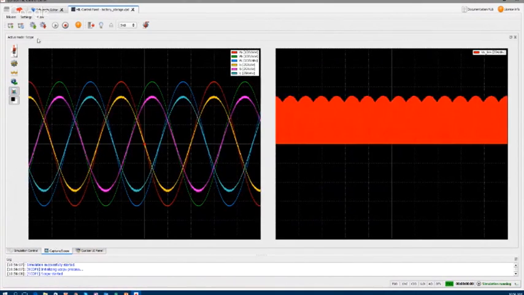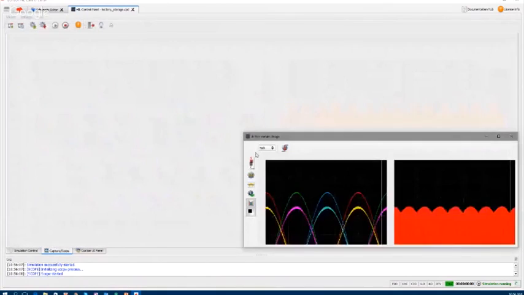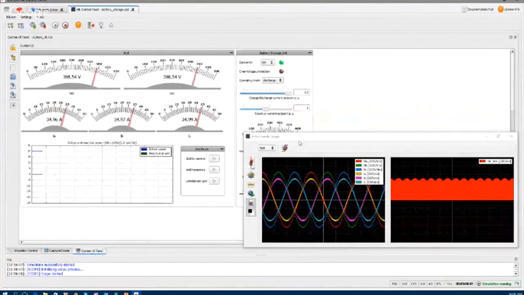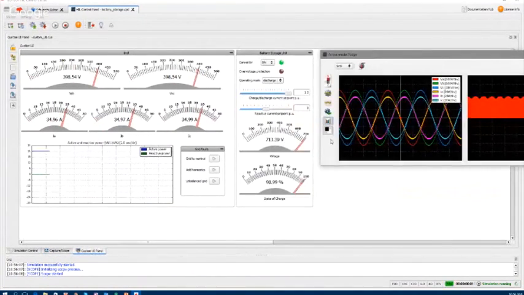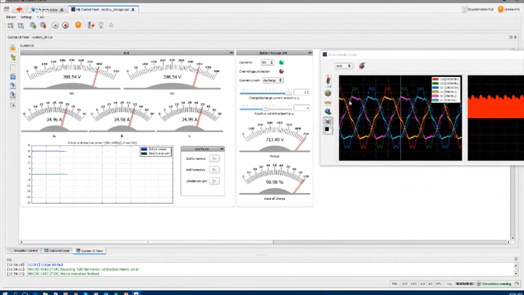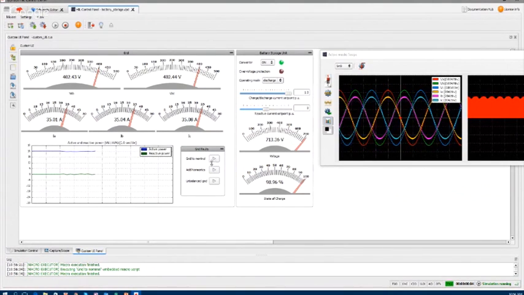We have a built-in scope that we can use to observe the grid voltages and the currents of the converter. And then we can start playing with the system. For example, add harmonics to the network. Then you see how your converter is going to behave with particular harmonics injected into the network. You can optimize the filters, etc. Switch back to the nominal grid, unbalance the grid. So any kind of test that you can think of can be easily executed and implemented here.